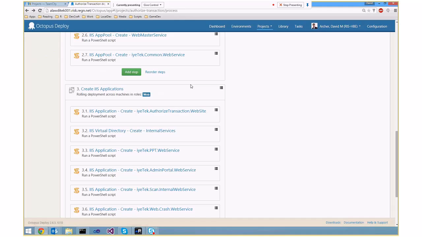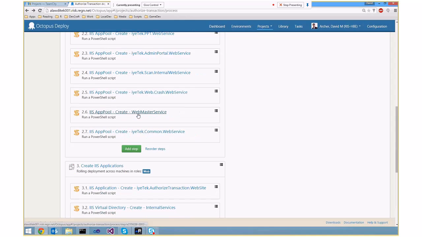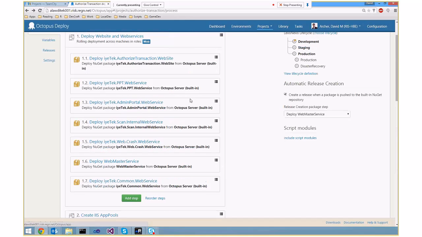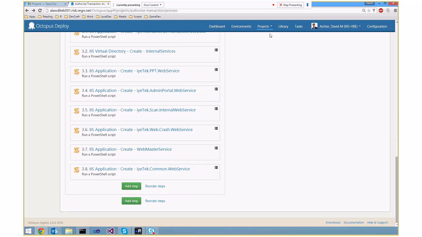So if you think about this process thing, it's basically custom scripting, but visual, and you don't actually have to write PowerShell. It's a visual scripting type of thing, and you have these reusable little snippets of code. So if you have to create an IIS application, or create an app pool, the deploy stuff is built in. One of the things that's actually kind of neat about this is we can go into,